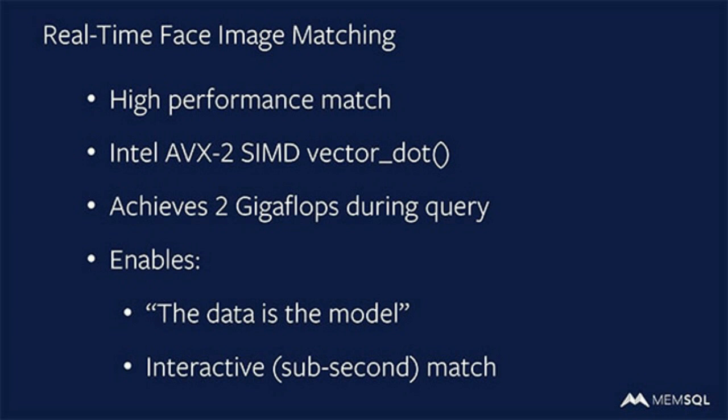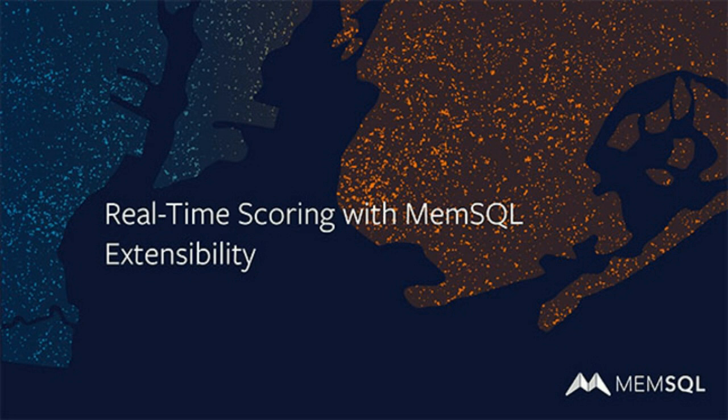Okay. Now I want to switch back to my slides. Another thing I wanted to talk about: we talked about the data-is-the-model situation that we have with Thorn, but going back to a more traditional machine learning approach, where you take a bunch of training data, create a model from the training data set, and then use that model to score